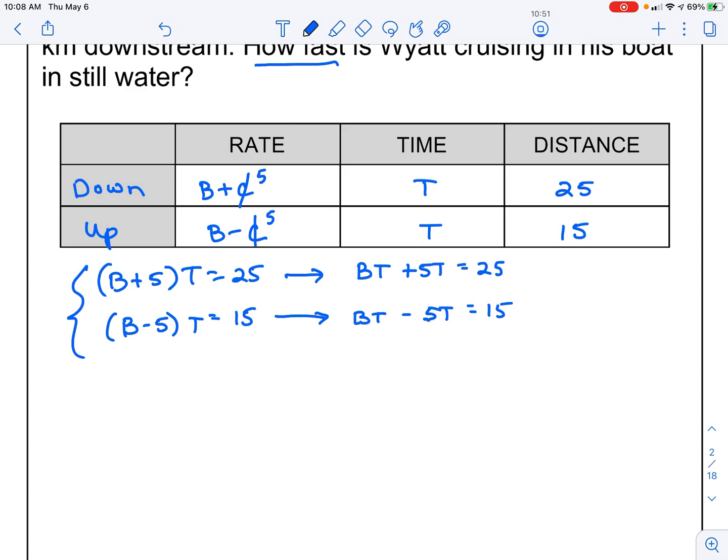Okay, now since I'm going to be solving for time here, I want to get rid of one of these variables. I'm going to try to get rid of the B variable, because it looks like you're probably thinking, well, I can eliminate this right here. But when you do that, you're going to be left with these two variables. So it's probably not the best method to use. So let's multiply this top one all by -1. And then I'm going to come down here and write what happens. So I'll have a negative BT minus 5T equals negative 25. And then we'll put the second one below it,